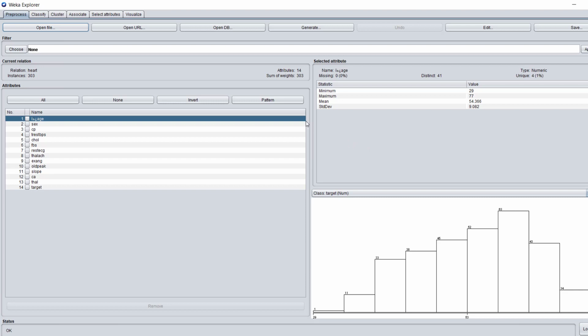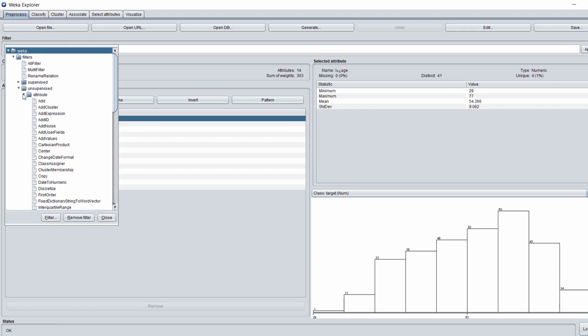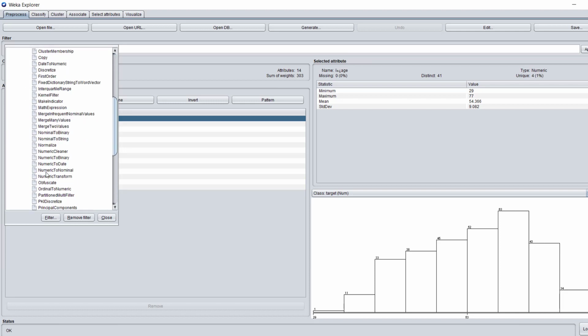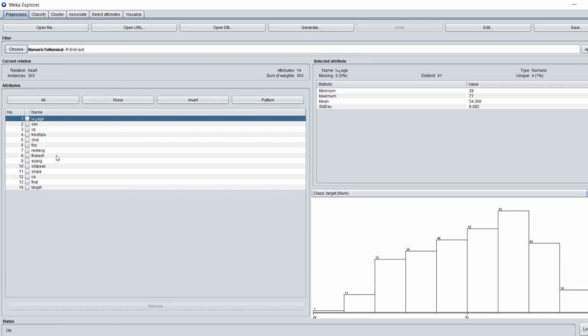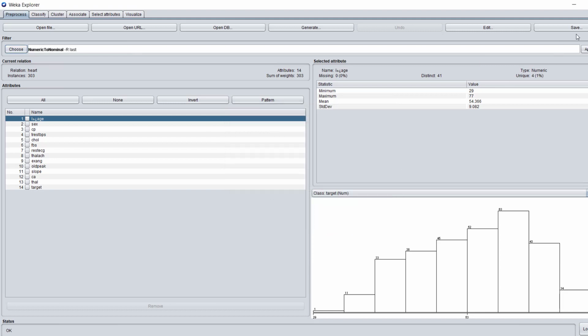One way to do so is here, under Filter, choose the unsupervised folder, attribute, numeric to nominal, and select the last attribute. And click Apply.